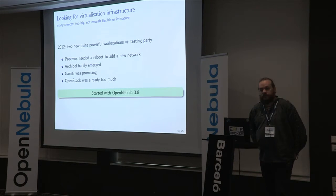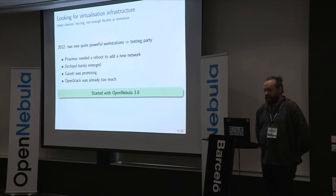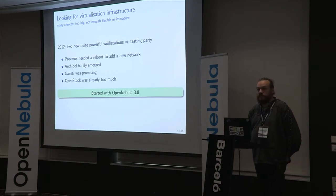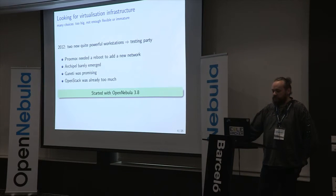So we started with OpenNebula 3.8. Philip told it yesterday. It was really unexpected because we didn't even hear about it. It came up from nowhere. We found it in the Debian distribution. It was packaged, so we tried the installation, apt-get install. It was a quite experimental installation, and